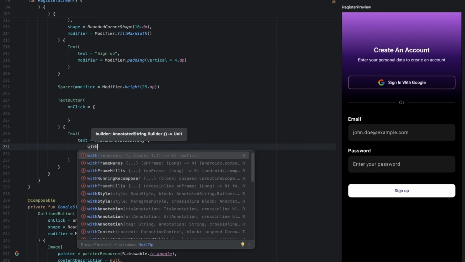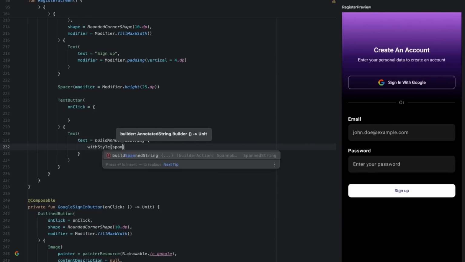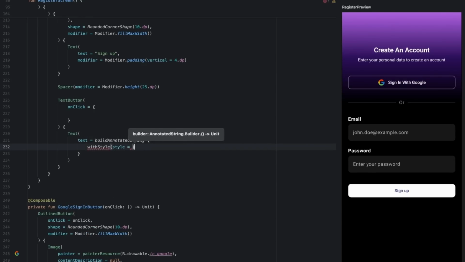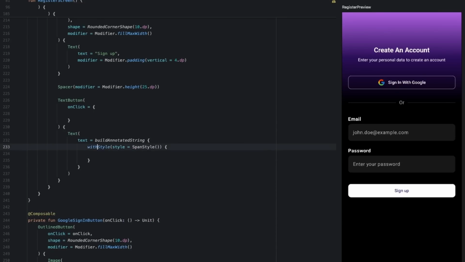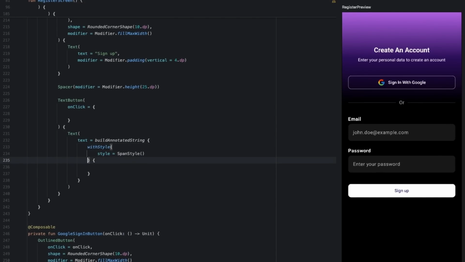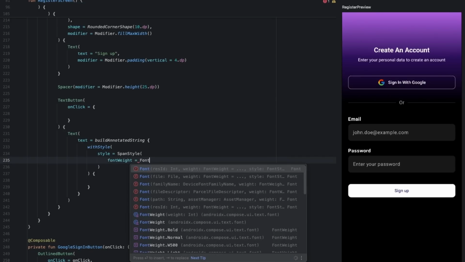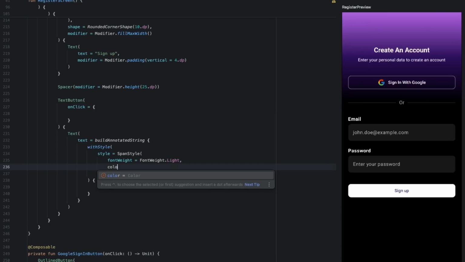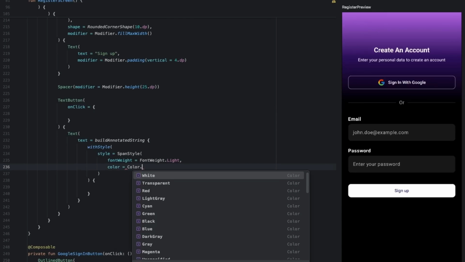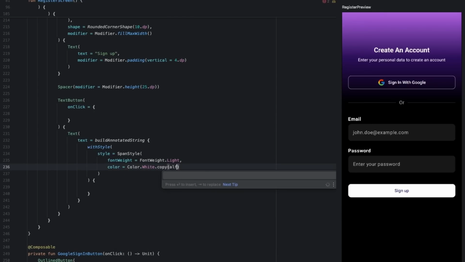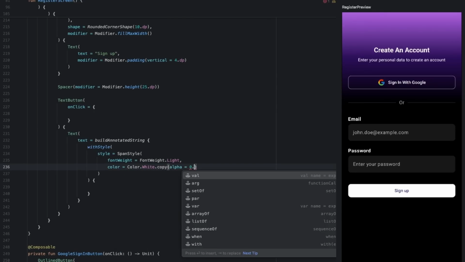So let's say with style, and we will use a span style here. Let's open the curly brackets and put this on a new line, and the font weight is font weight dot light. We can set the color to be color white, copy alpha 0.f,